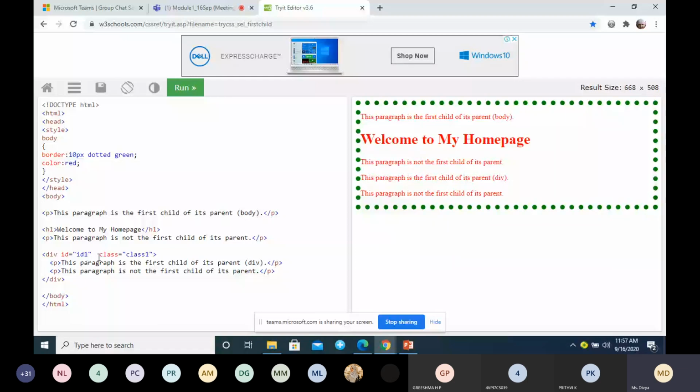But this border property is inherited only by the body tag. So this body will have this border. We don't have a border for paragraph and div and all. If you want it, we have to give it particularly for the div. Instead of body, you have to give one more div and specify the border.